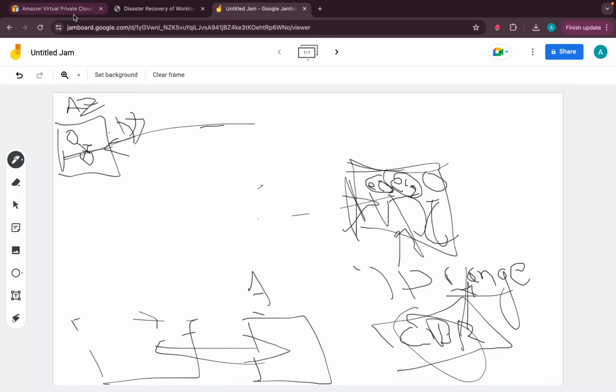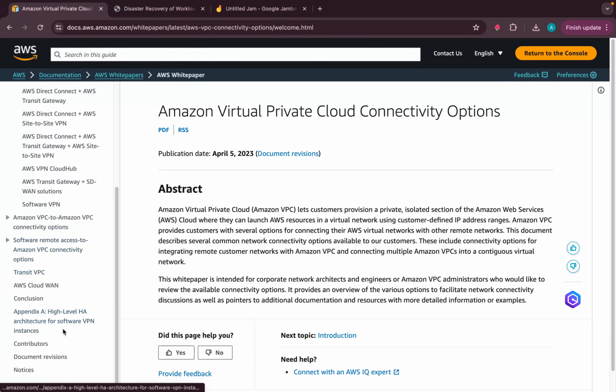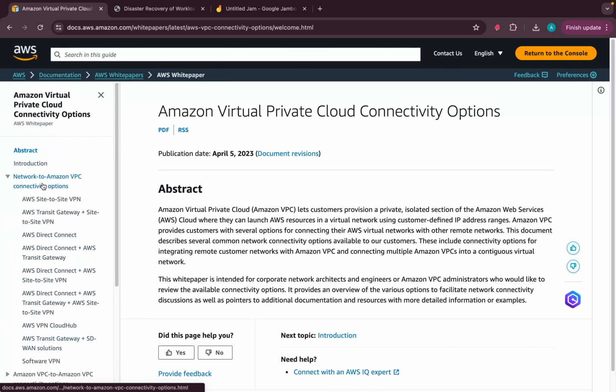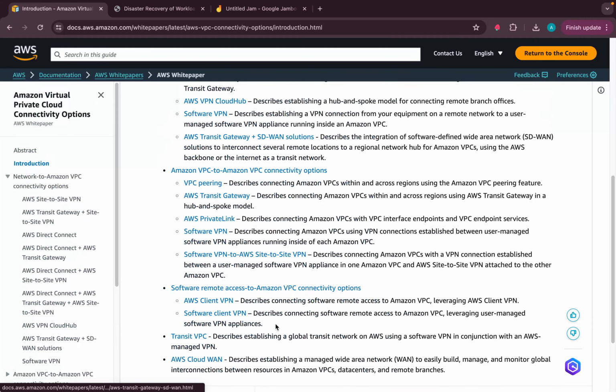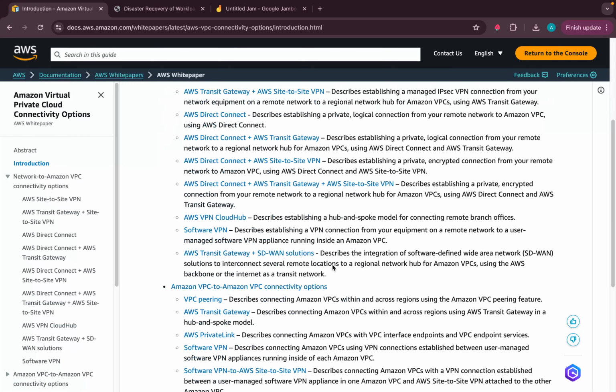So those things you can compare and contrast and come to your own conclusions. This introduction basically gives the overview of the whole